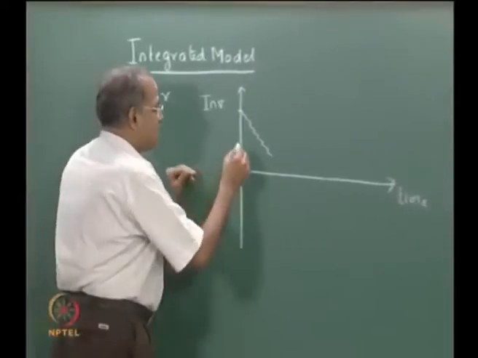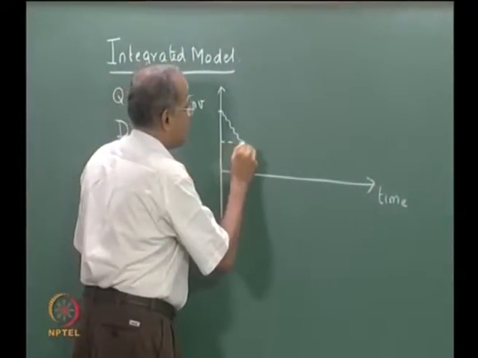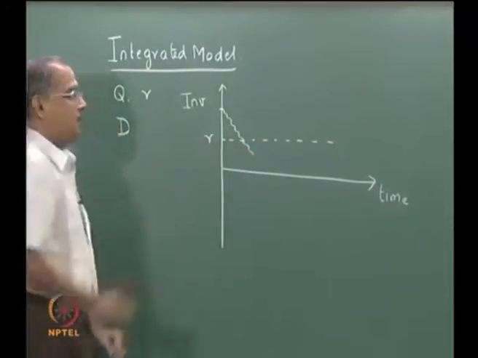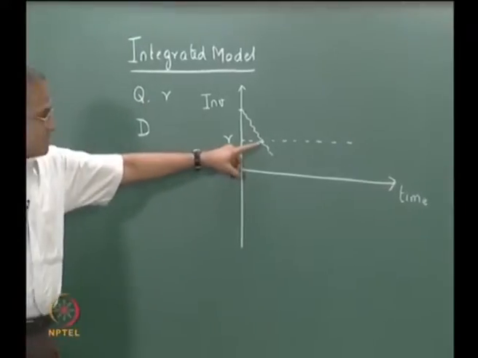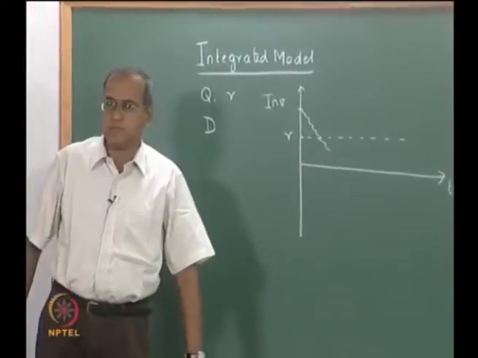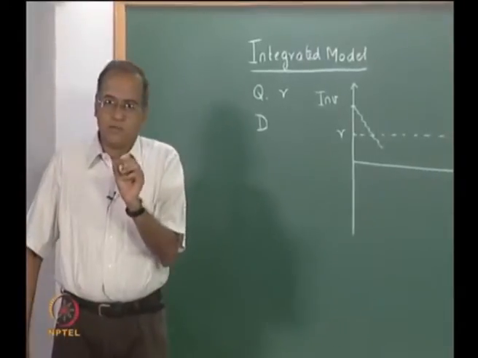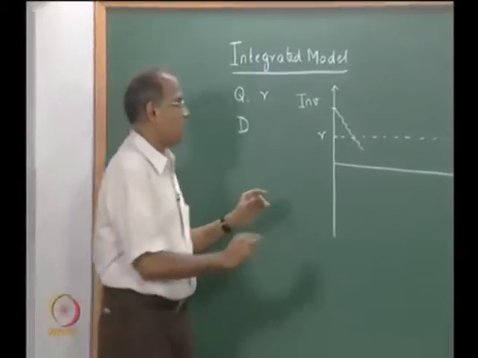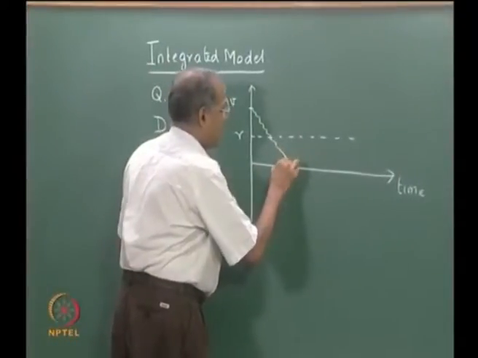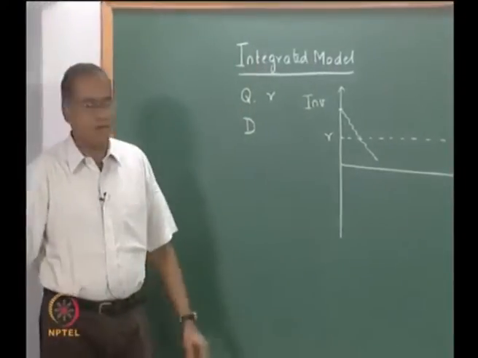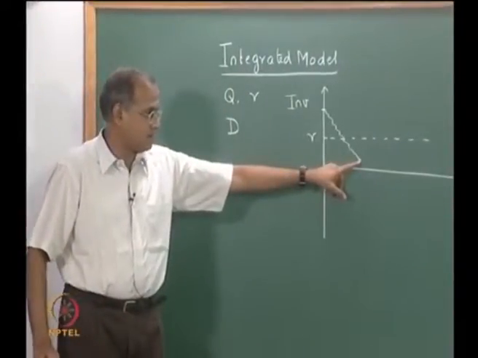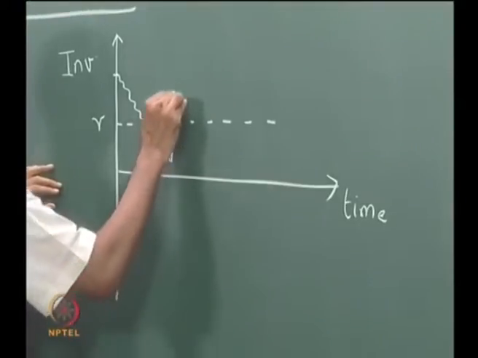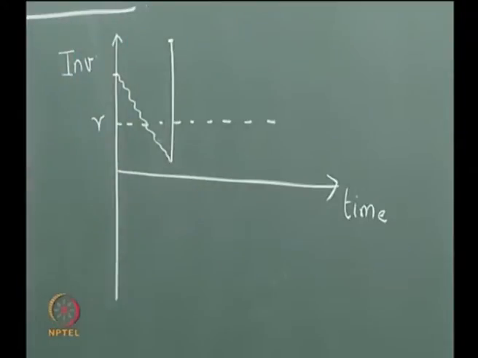Now let us assume that there is a reorder level R which we will determine. This is our reorder level R. So when the inventory reaches this R, we place an order. The lead time is the time between placing the order and getting it, and let us assume that we get the quantity. When we get the fresh consignment, the stock gets updated by a quantity Q, and let us say it comes here.